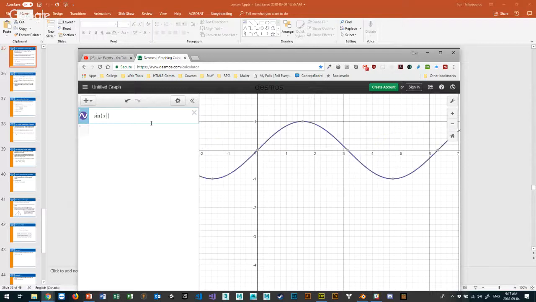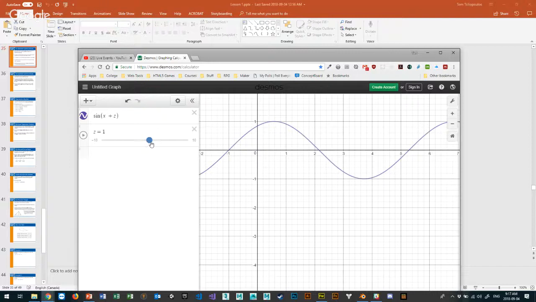And if I also subtract, so this is x, this is standard, right? And if I go plus, you know, 0.5, I can do that. You can see it'll shift one way or the other by the value I put in there. So if I want to put some x plus z, where I create a slider for z, whatever that is, you can see that as I move the value up, it seems to slide to the left, and as I put the value down, it seems to slide to the right.